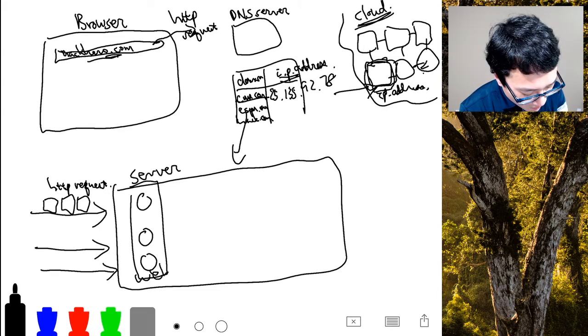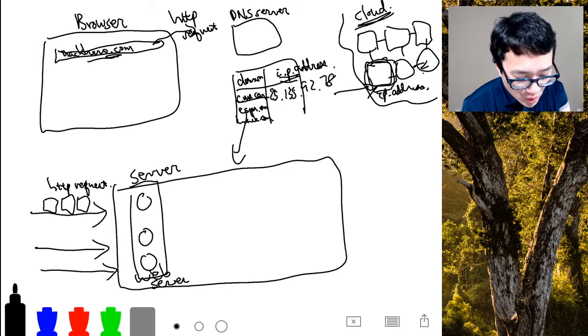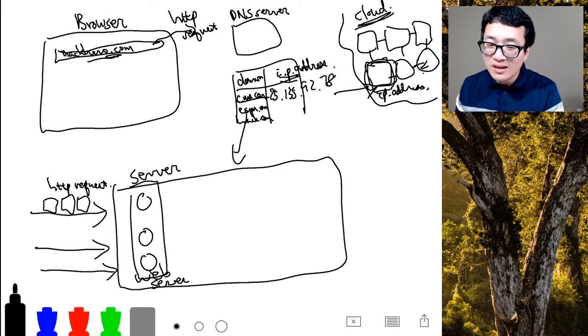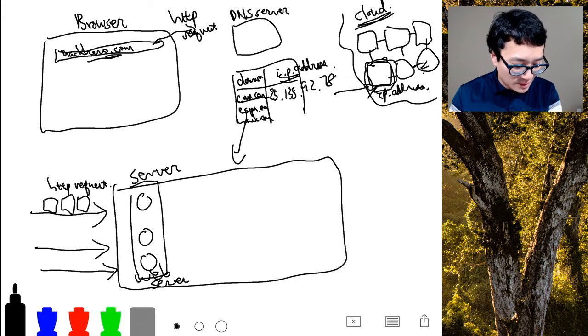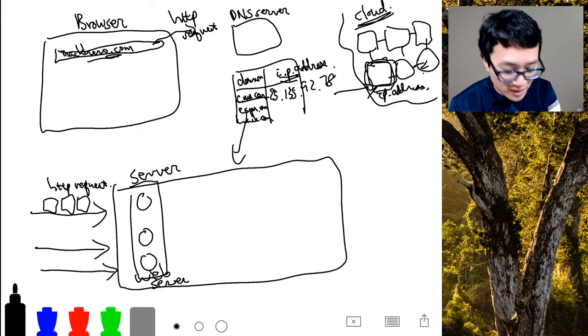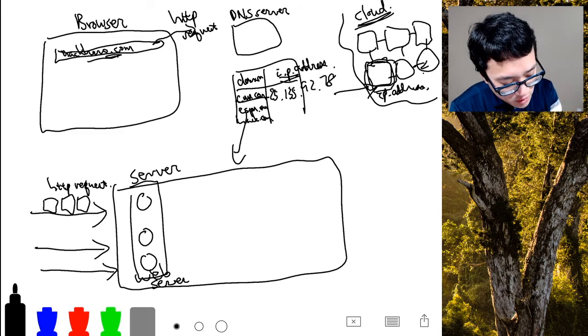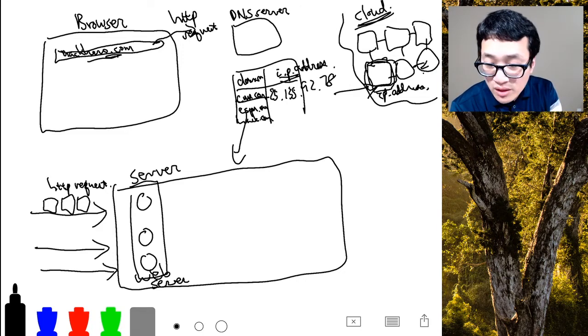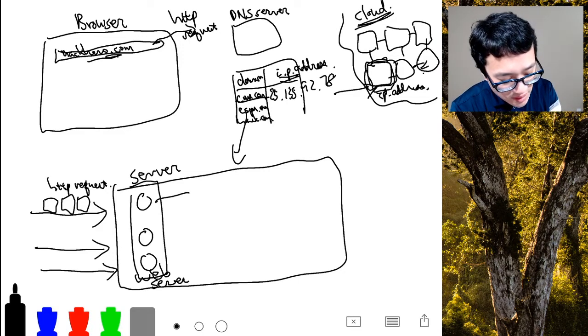Okay, web server. It's confusing because this receptionist is also called a web server. Sometimes this whole store or the server is also called a web server. It's a little confusing, I know, but just bear with us and it will make more sense. Okay, so the server takes the request, sends it to the workers, and just like in the Ikea store, you